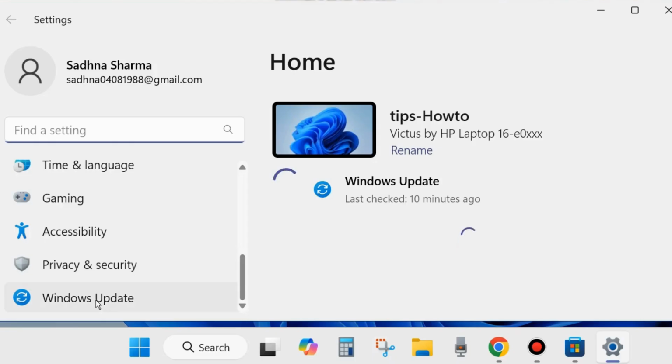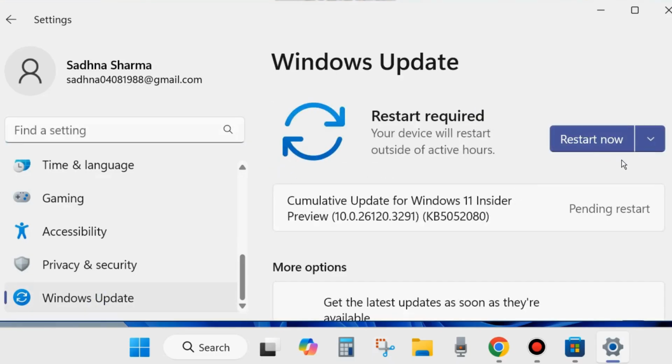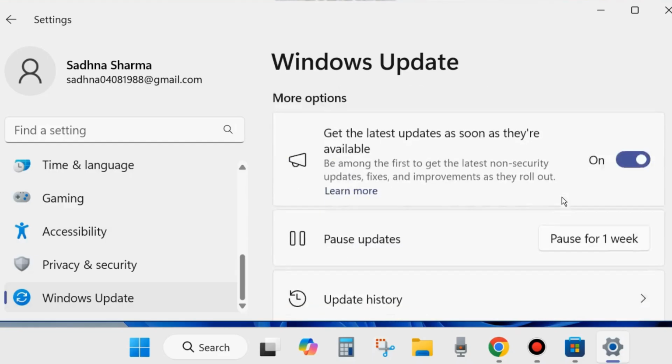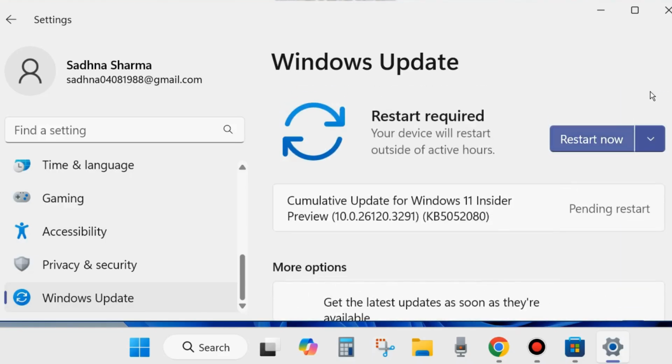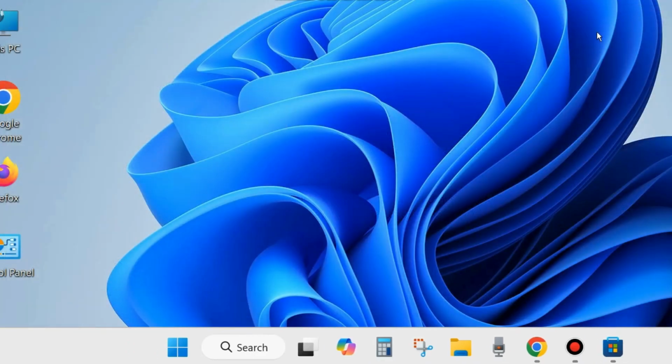After that, the next one is go to the settings page again, and from the left side go to Windows Update and click on check for updates, and if any updates are available, simply download and install them on your system. Sometimes an outdated operating system may be a cause of various types of Microsoft